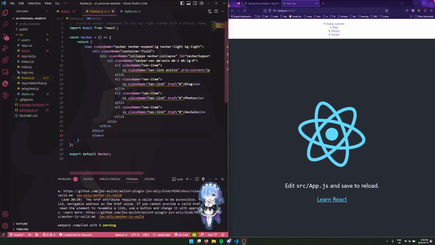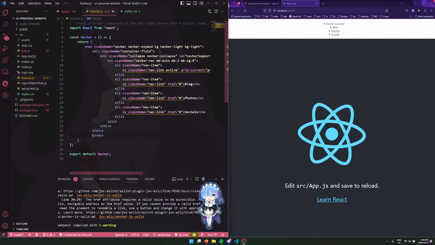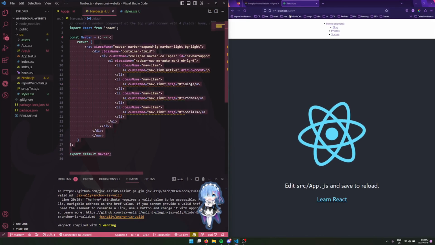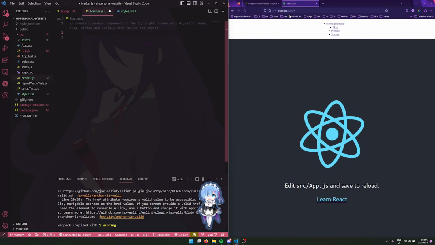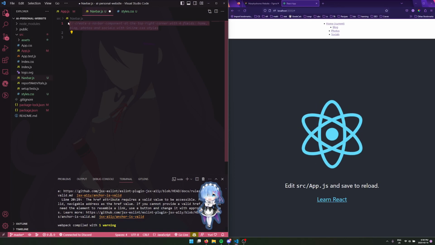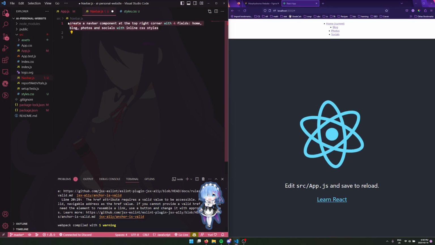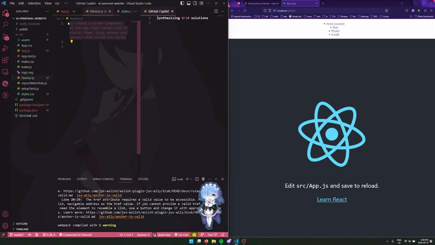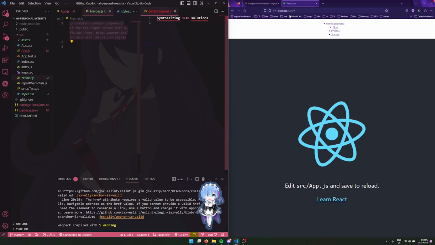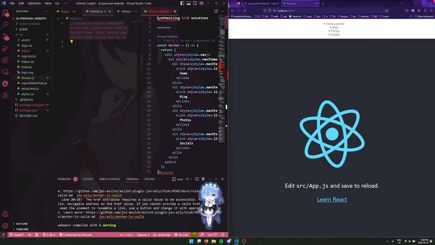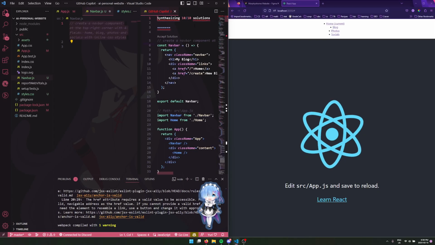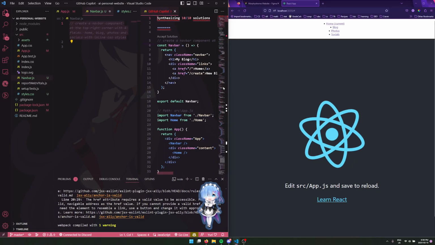Now let's see how that goes on our website. Okay, this is what we had from before. Let's go ahead and delete all of it and reuse the same prompt and see what we can get. Here, let's use GitHub Copilot and see what we can do with it. When you press Control Enter on a commented line, it'll go look for solutions on what you can do. Let's wait until it finishes all the solutions, and then we'll go ahead and look at a few.